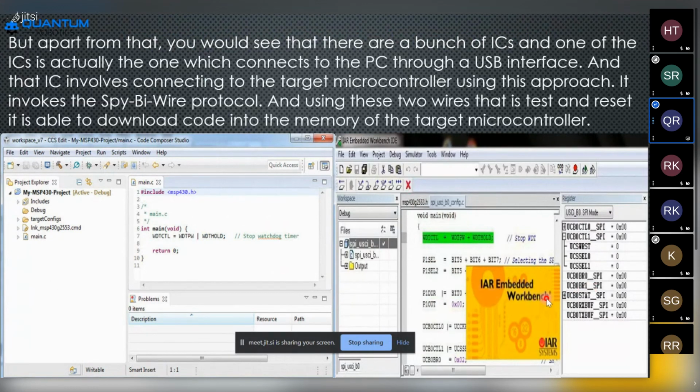IAR Embedded Workbench means we have to give the code in C or C++, that is embedded coding. And this is the Energia IDE platform.